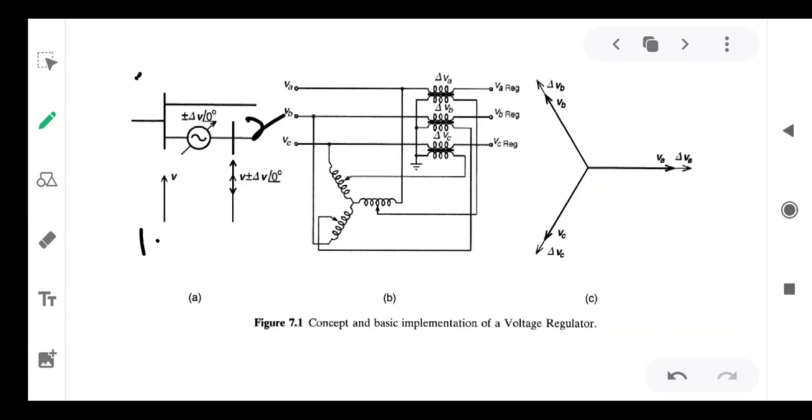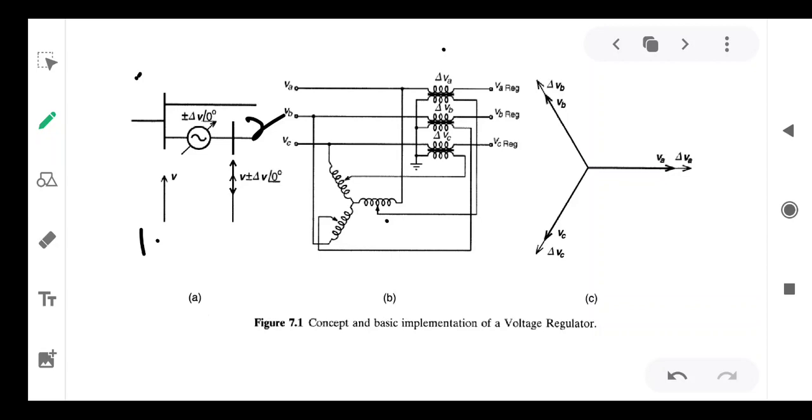This is a schematic diagram of your voltage control. This variable point can move from the reference point below the value as well as above that value. If it is moving below the reference value, then it is having minus delta V. If it is above the reference value, it is creating plus delta V. That means it will increase the voltage in series with the transmission line.